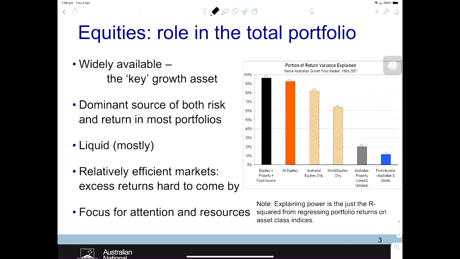But for a lot of small cap stocks and some emerging market stocks, they are not that liquid. So in other words, the price discovery process is not as efficient as for the liquid stocks. So there will be